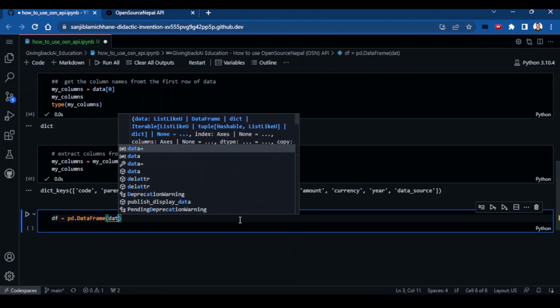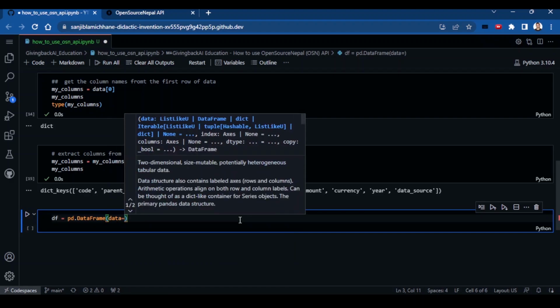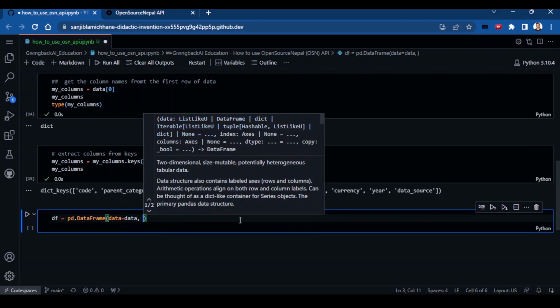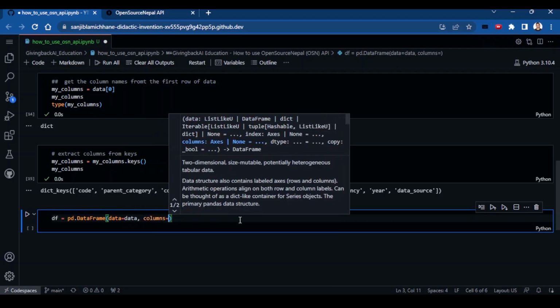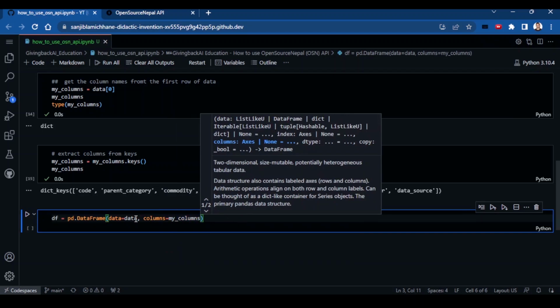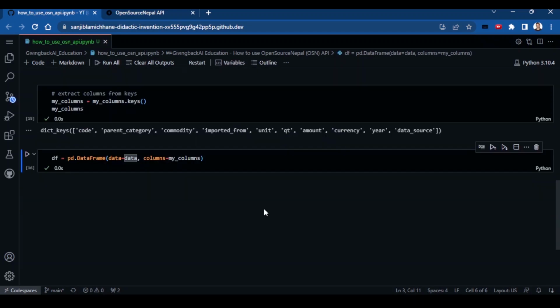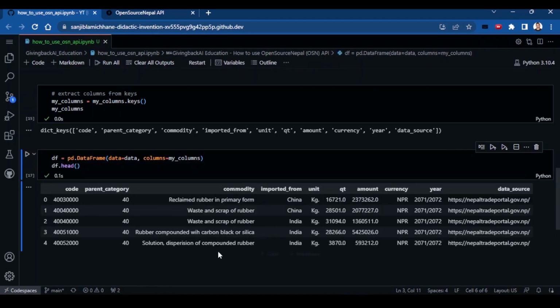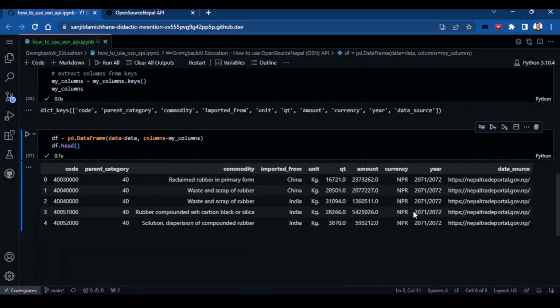Actually, let's convert all the data, data equals data, and that would get columns equals my columns, right? So data equals data. Let's see what happens. And now let's print df.head. It would give us the top rows. There we go. So we have all the responses converted back to the tabular form.